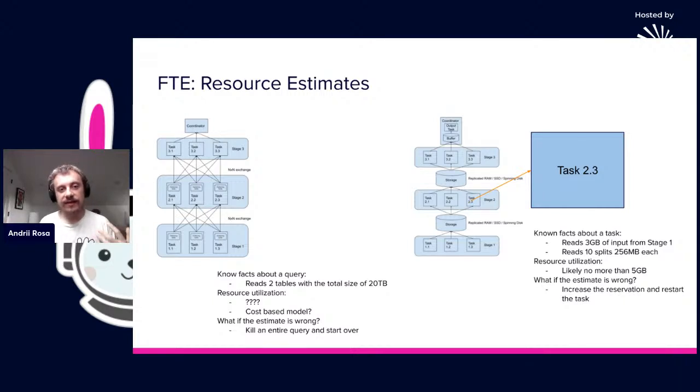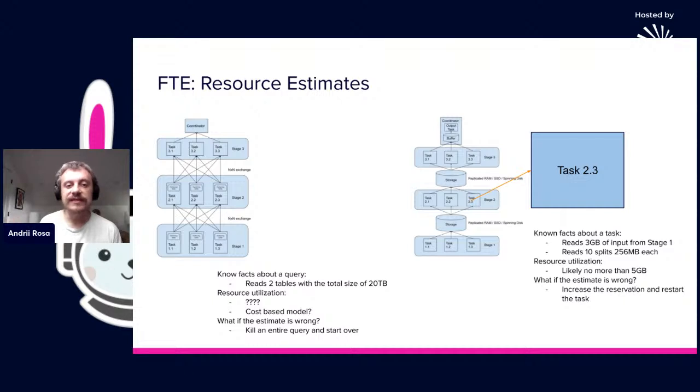There's not a lot of information that you have. Basically, the only information you have is pretty much how big the data set is that this query is going to process. But it is very hard to judge all the intermediate stages, for example, how big of a join it is going to be, how long the aggregation is going to take, or how much memory the aggregation needs. There are certain techniques that you can use, maybe a cost-based model or some other techniques,